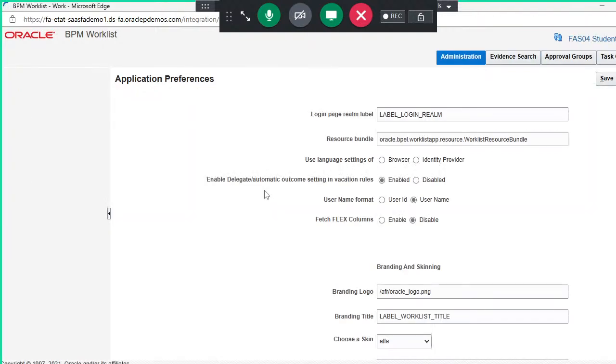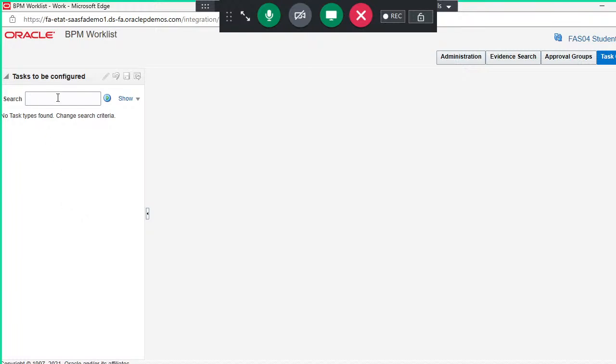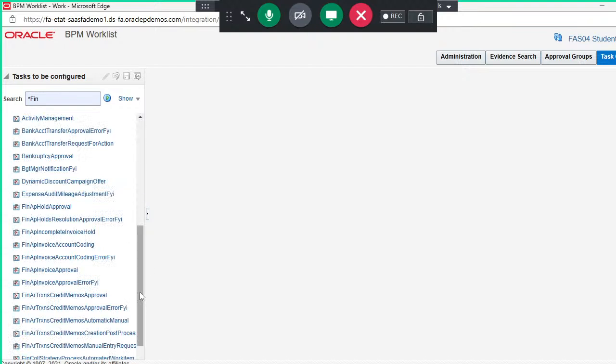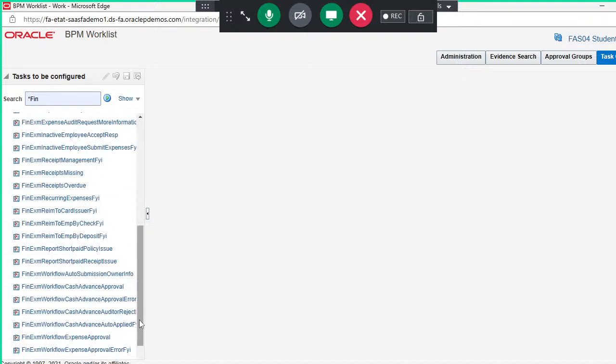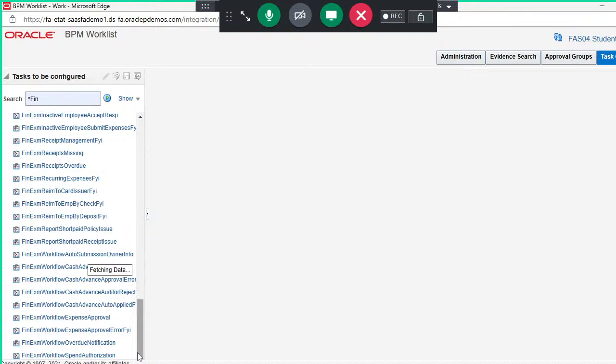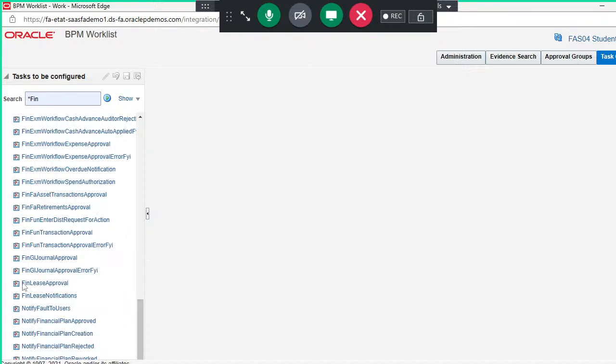This is the BPM work list. And go to task configuration tab. Search as Fin. We are looking for the task with the name fin lease approval. So here it is, fin lease approval. Select this,